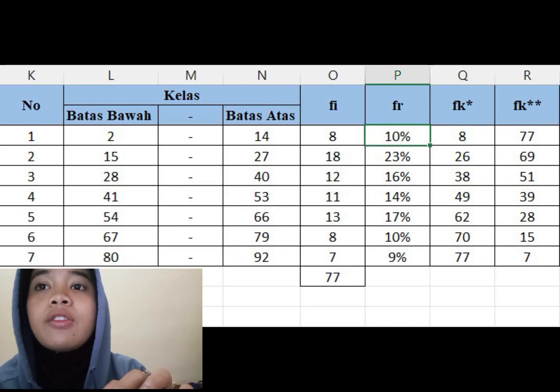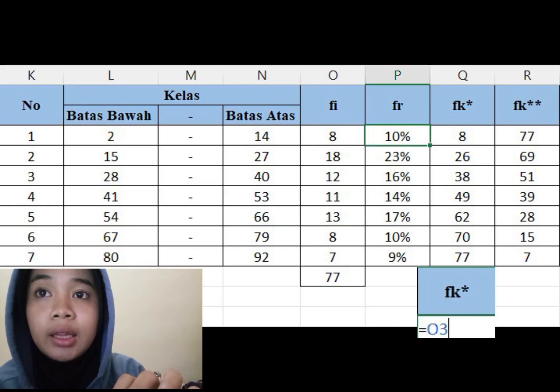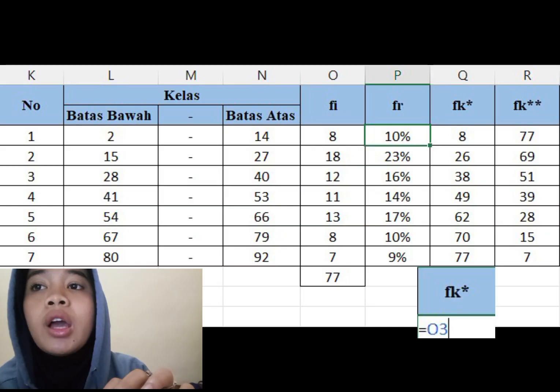Next, to calculate the first FK less than value, use the formula equal to the first FE value. Then click enter.